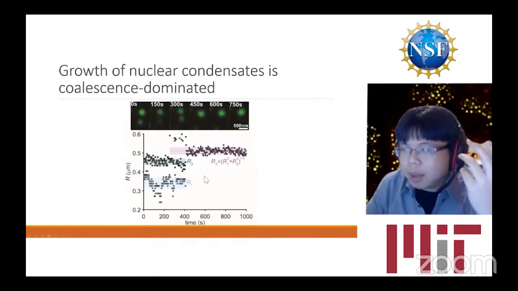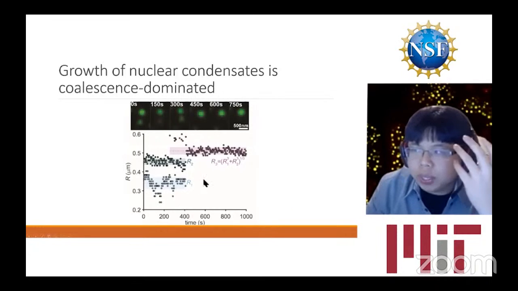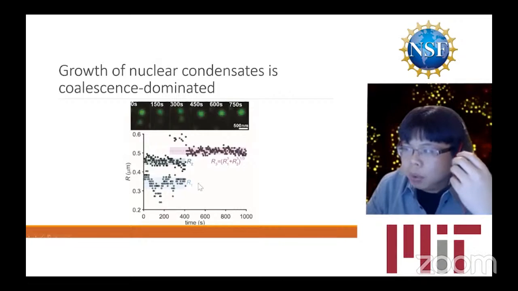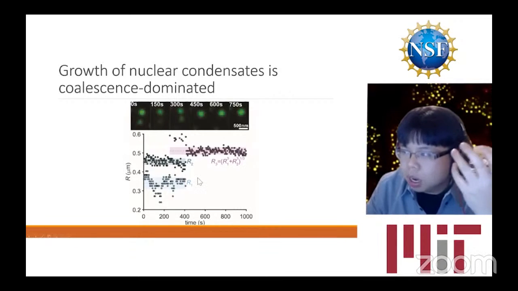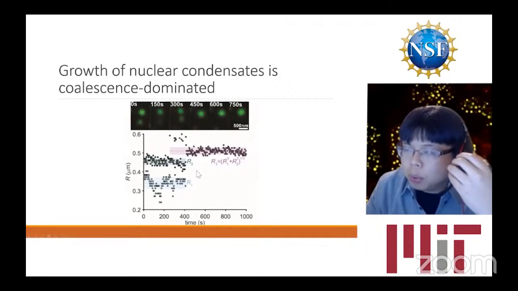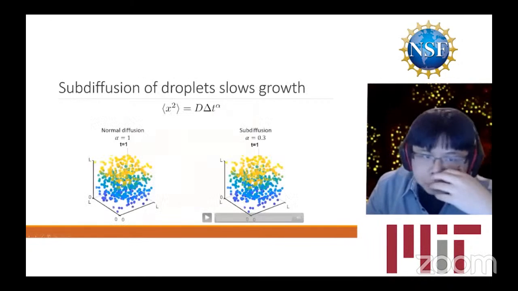And so the issue then is that both of these mechanisms, the Ostwald ripening and the Brownian motion-driven coalescence, give you a beta equals 1/3 scaling exponent. But we still haven't explained why we see a beta equals 0.12 scaling exponent. But we go back and realize that Brownian motion-driven coalescence, as it turns out, does actually assume Brownian motion,